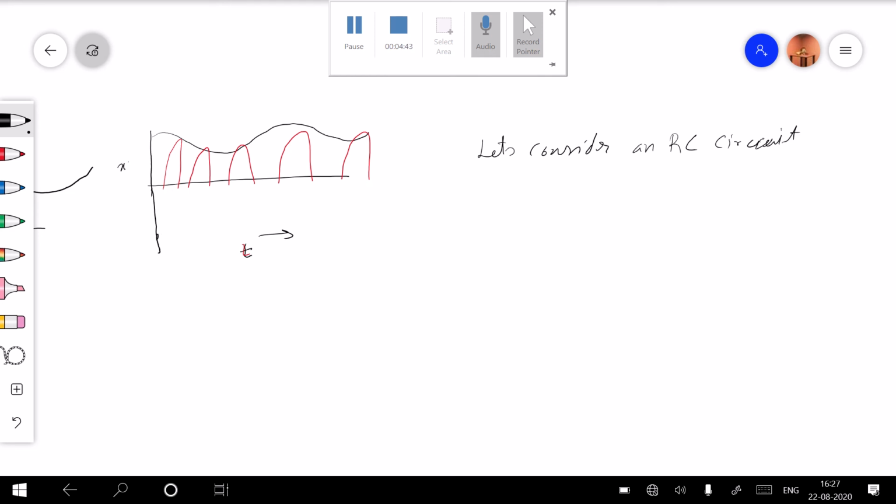So let's call the signal x(t) for the time being. I believe you heard the thunderclap outside. Anyway, so